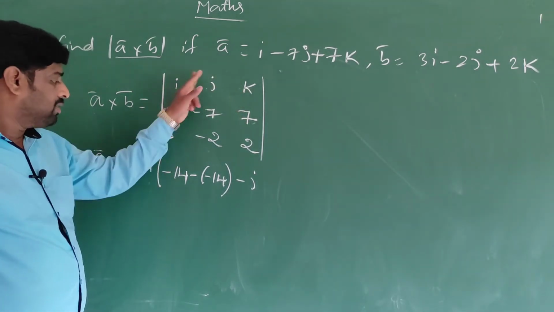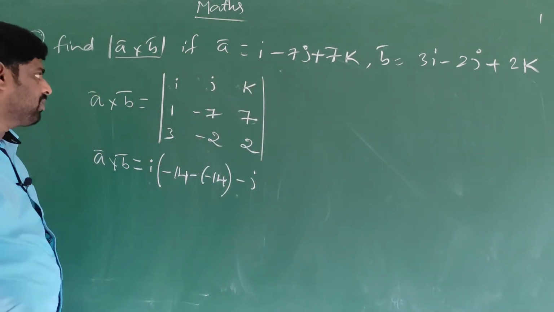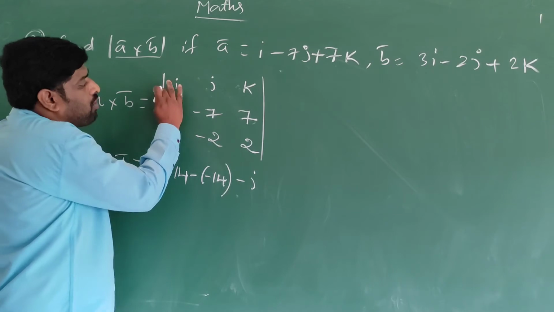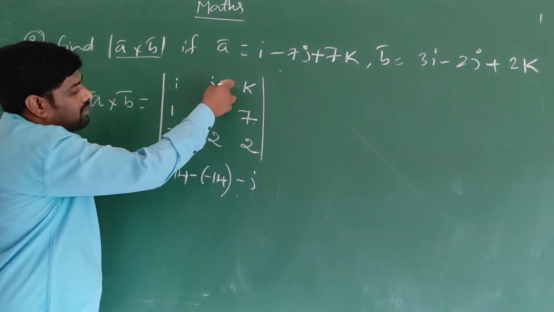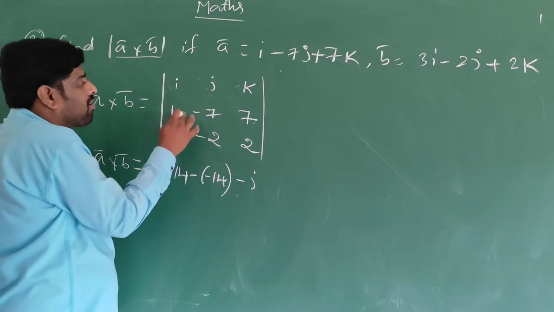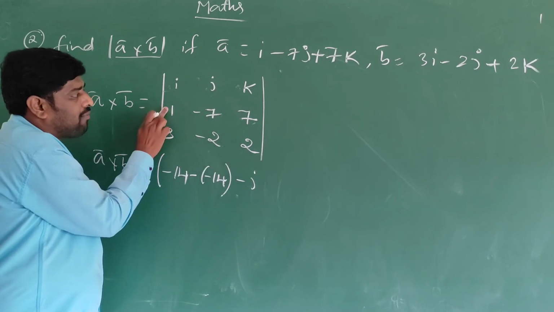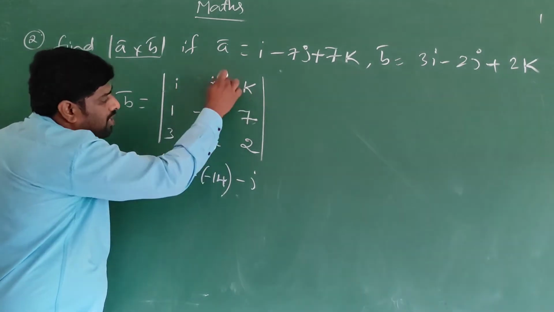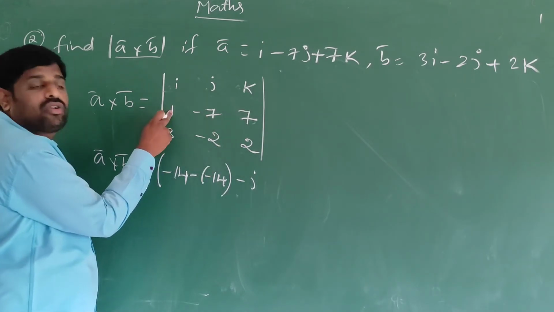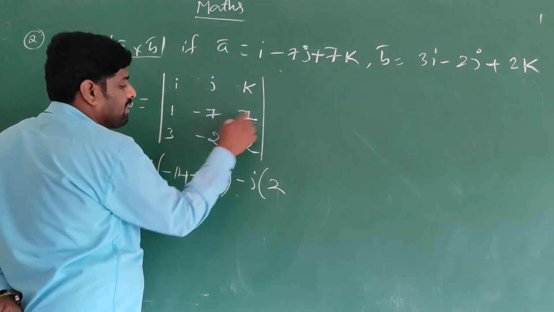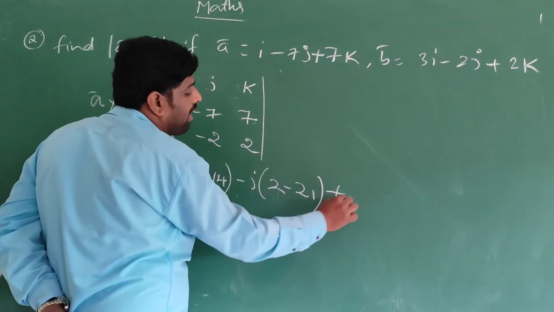So plus minus, and next when you use the k component, you can use plus. Minus j into, j is present in this row and this column, so we leave this row and this column, and multiply the remaining elements. That is 2 1s are 2, 7 3s are 21, plus k into,